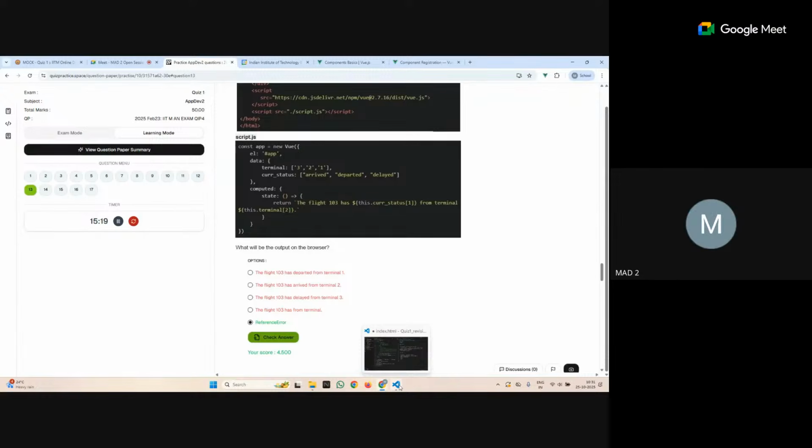Okay. So this dot current status one. This dot current status one. Current status has to be a fine property in